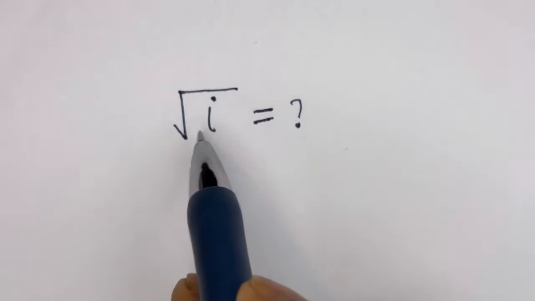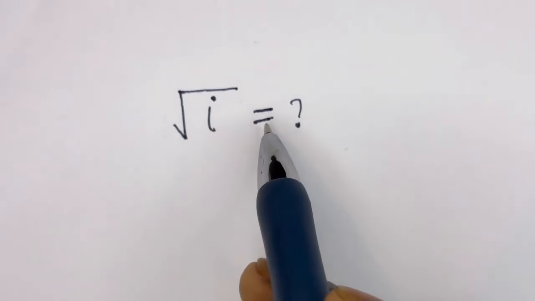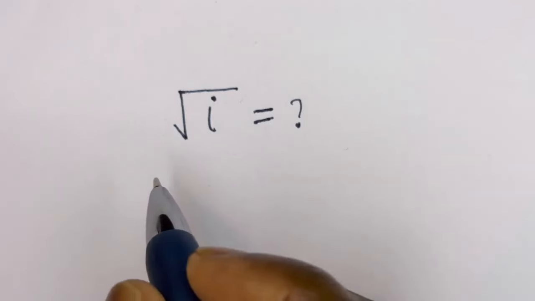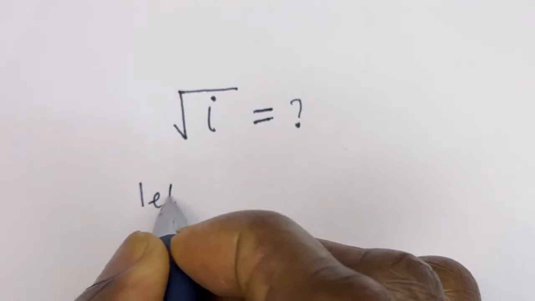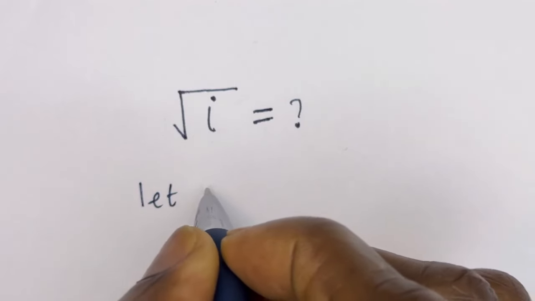Hello, how to solve this nice math problem? Square root of i is equal to what? Now, let's take note of this method. From here, let square root of i